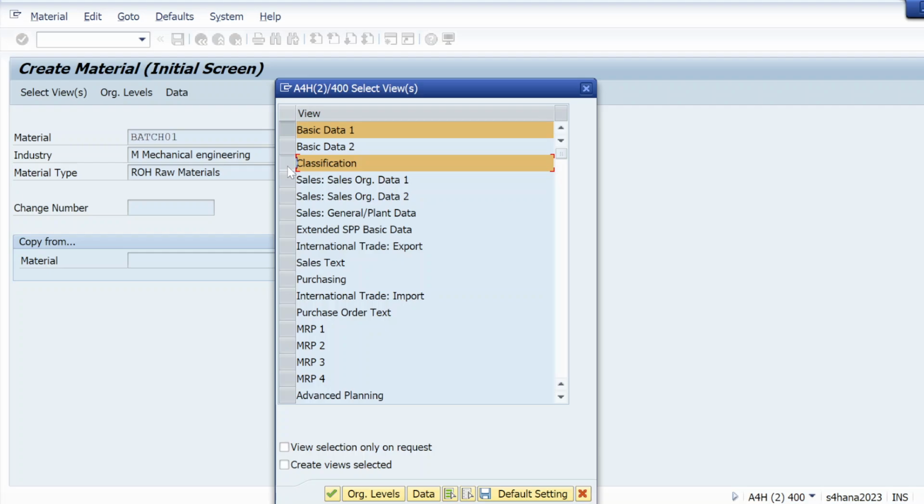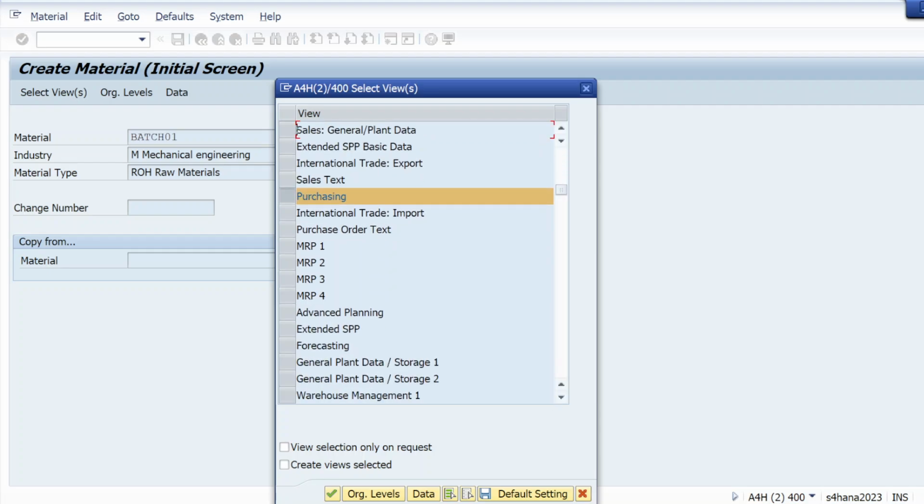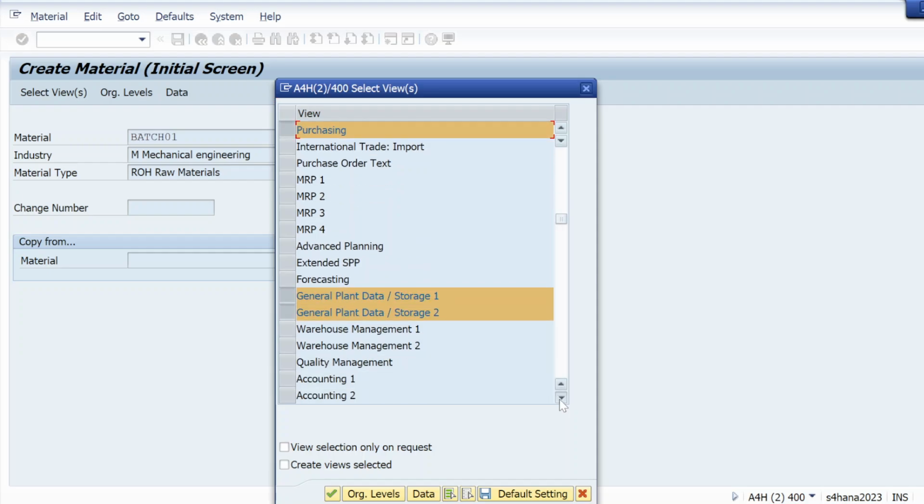If you want to configure batch management, you need to select this classification view also. Select purchasing view, general plant data storage 1, storage 2 also if you want, and accounting 1 view.